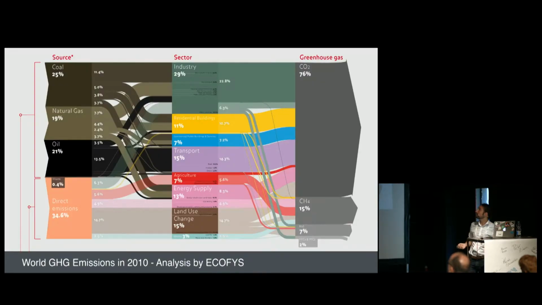Now, I apologize for this daunting graph here. This is a Sankey diagram from 2010, and this shows a rough breakdown of global emissions by sector and the source of emissions, and also the kind of greenhouse gases that come out. The bit on the left is the key source, and the bit in the middle shows the emissions by sector, right? So you can think of these as the sectors responsible for this. So you've got transport, you've got residential buildings, you've got agriculture, and so on.